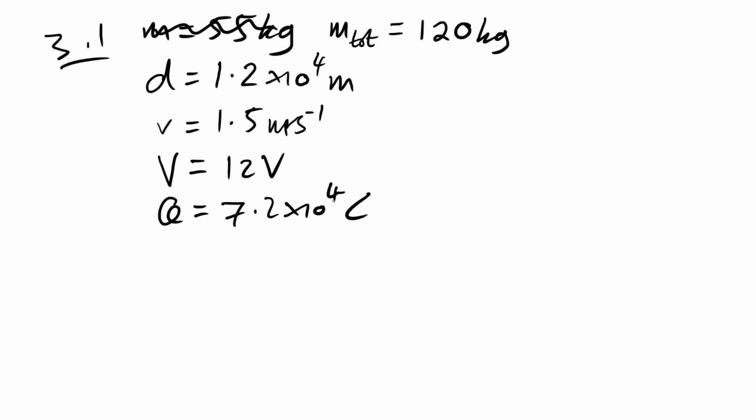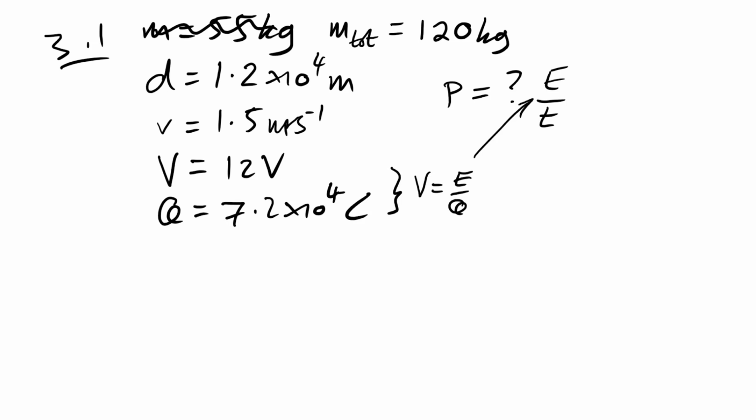Okay, lots of data here. Could be a bit confusing as to what we're going to have to use. Okay, so we're being asked to find out what the power is, or show that it's around 100 watts. Now, power is energy divided by time, work done divided by time. Okay, but we don't really seem to have an energy or a time right now. But what do we have? We have voltage and charge. Now, you should know that the definition of voltage is energy per unit charge, or in other words, energy divided by charge, joules per coulomb. So therefore, we can find energy from this, but then we need a time as well. Where are we going to get that from?